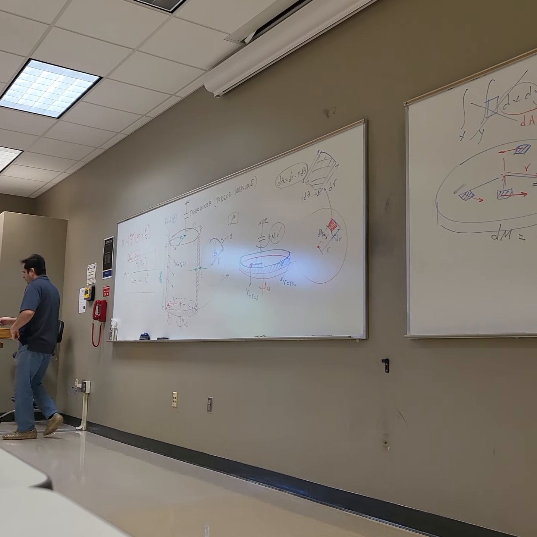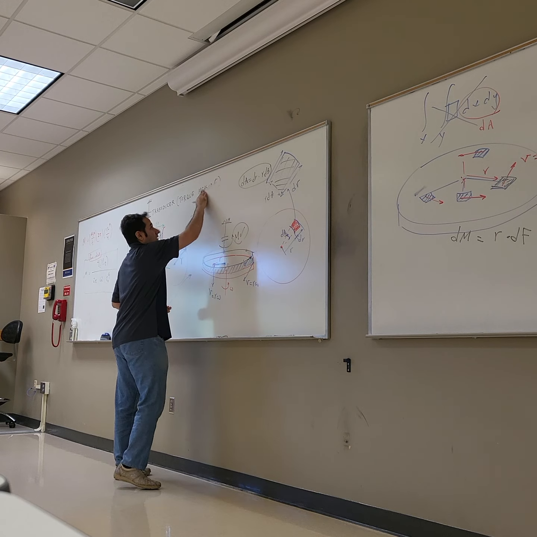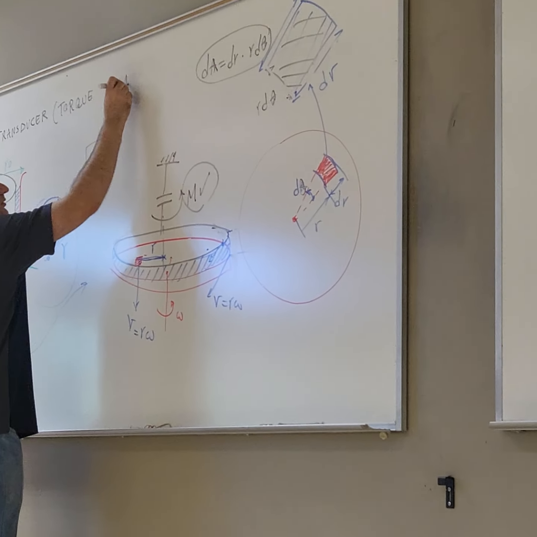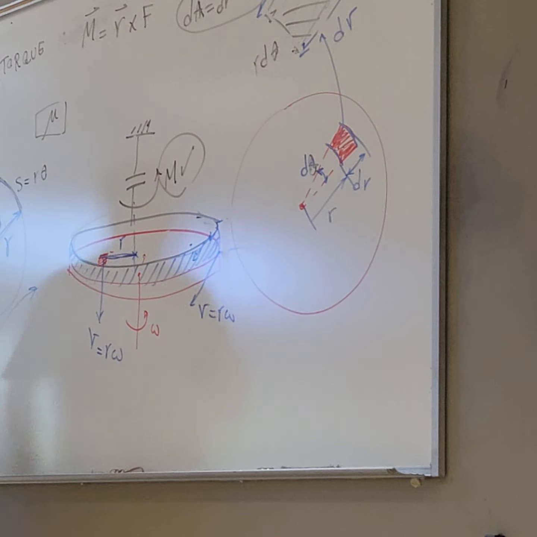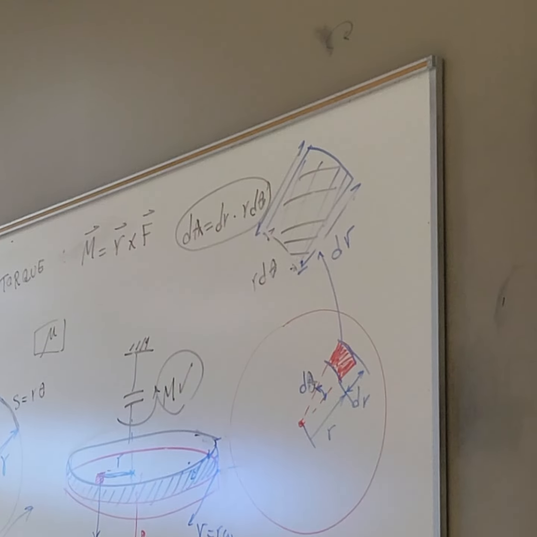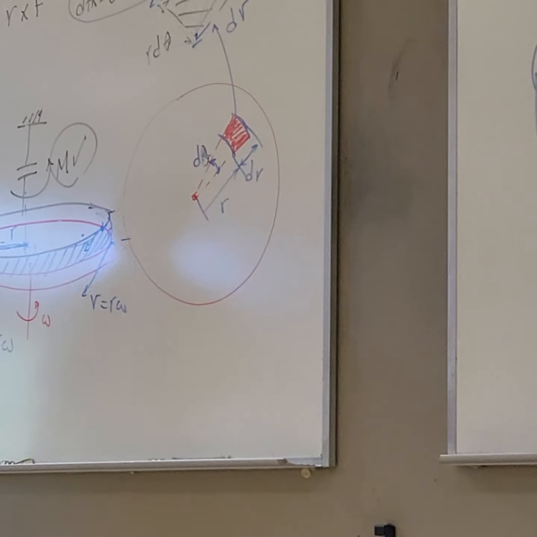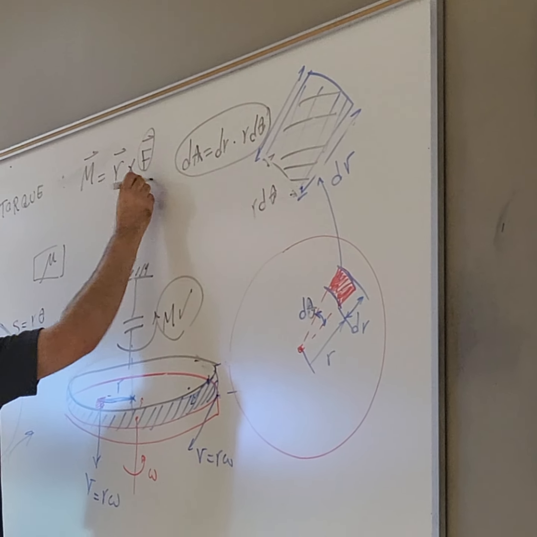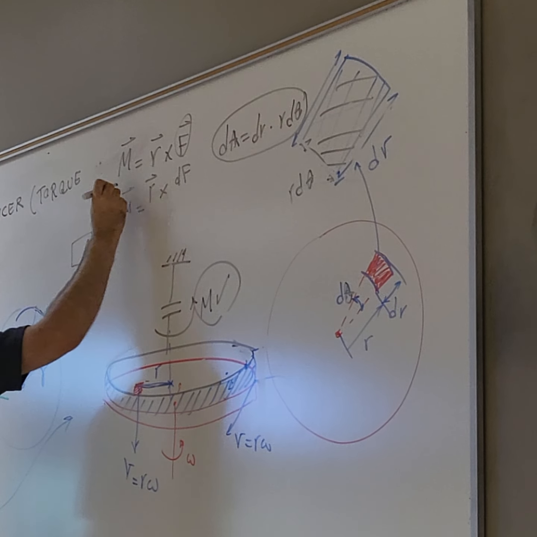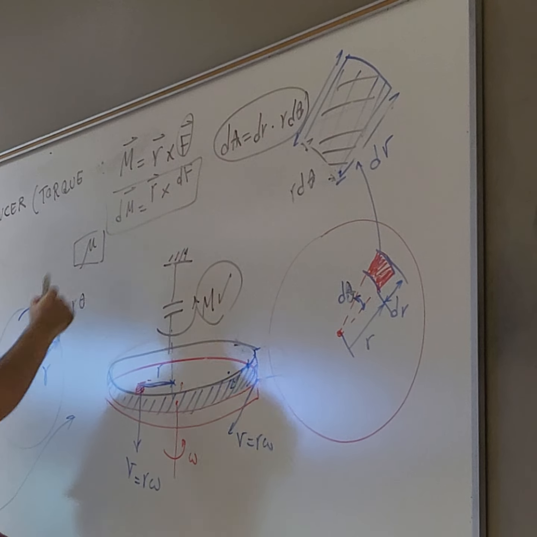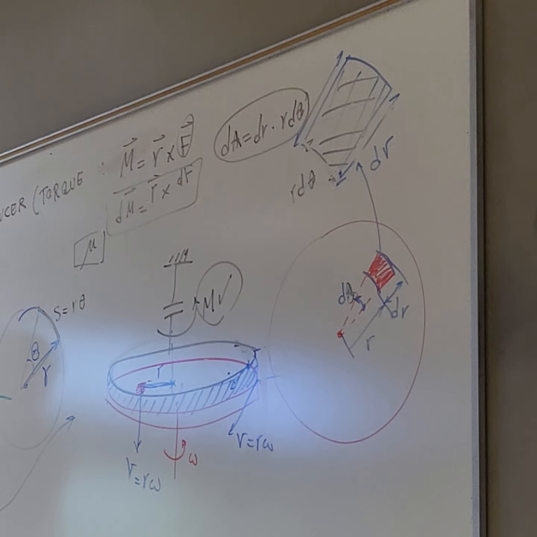So you remember in electrostatics we had this relation: moment is equal to r cross F. So if you consider the actual big moment is equal to the distance times the big force, and the force is infinitesimal, dF, what do you get? r cross dF is what? dM, the infinitesimal moment. And because the force and moment are exactly perpendicular, you see, when you rotate this disc, the